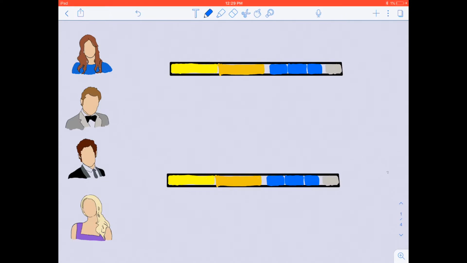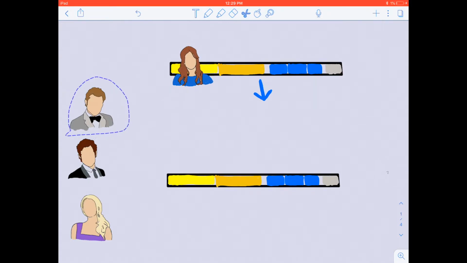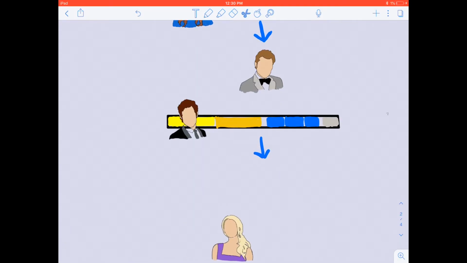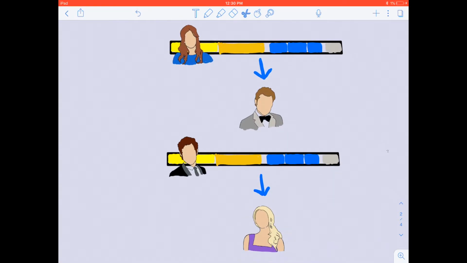In order to understand this in terms of transcription, we have this animation where the Blair gene is going to come in and activate transcription, which will lead to the product of the Chuck gene. The Dan gene is going to do the same thing and come in and activate transcription, which will lead to the product of the Serena gene. The Chuck gene is now going to be able to repress the Dan gene, which means transcription of Serena will not occur.